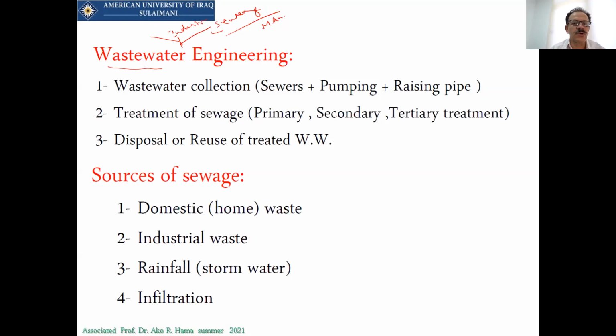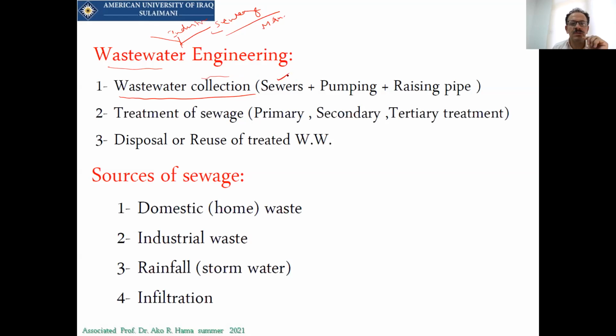Now, how do we collect the sewage? When I say wastewater, it relates to the factories, the industries, and all commercial areas, besides the municipal. So the collection means how to collect what we have from the household.